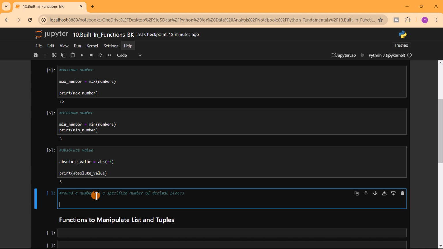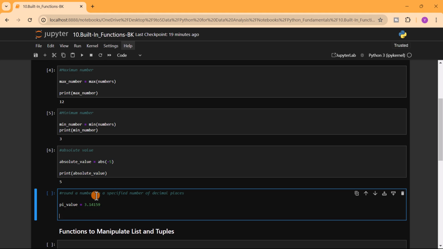Let's say we have, for example, something like a pi value. So pi value equals 3.14159. If you want to round this to 2 decimal places, you can say print,